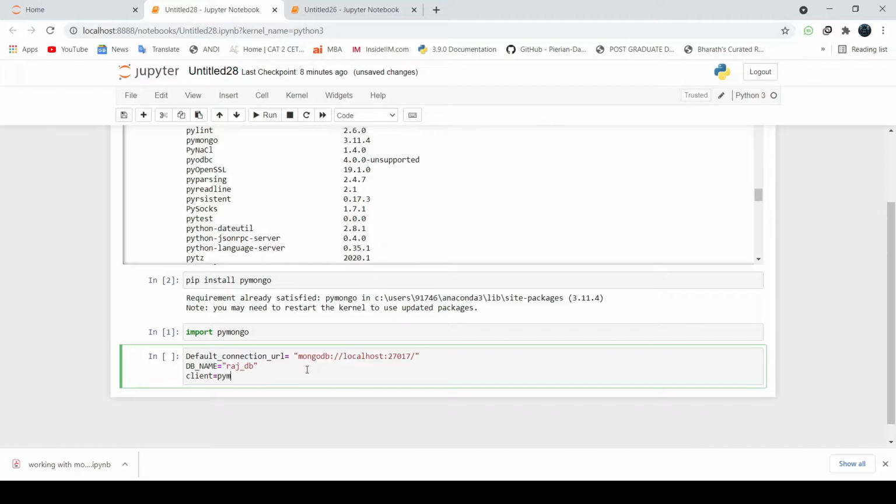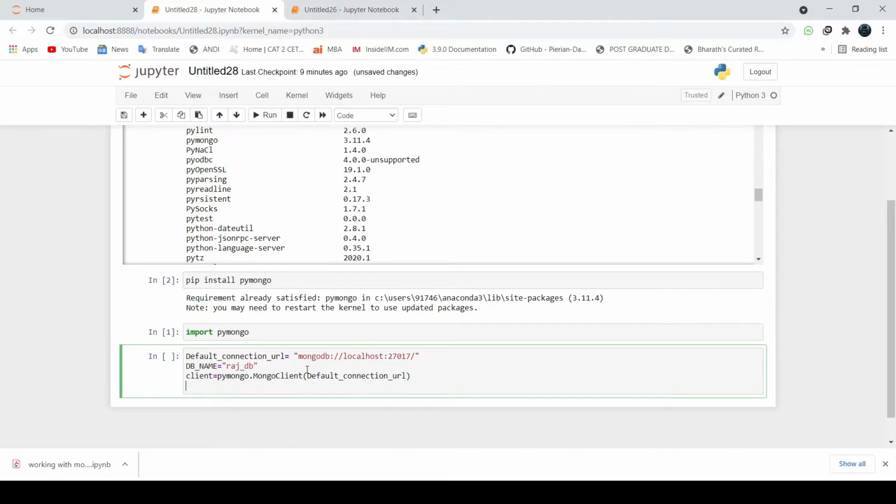So pymongo dot, hit tab, you will get MongoClient, pass this default connection URL, and then